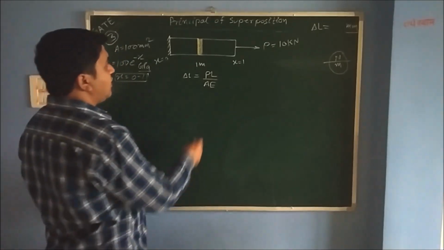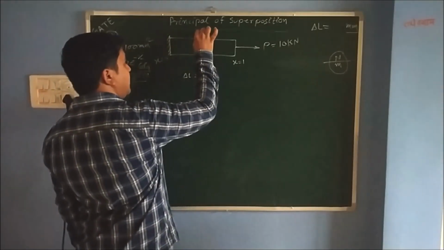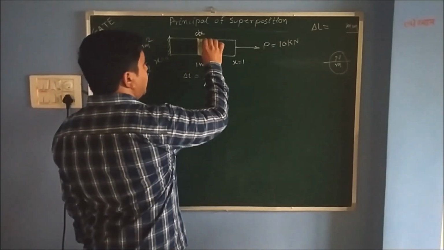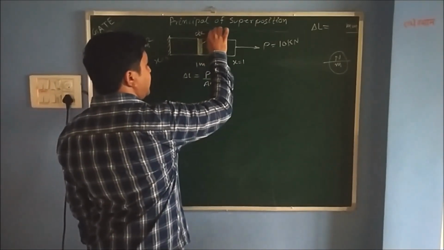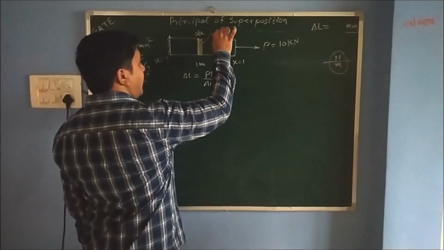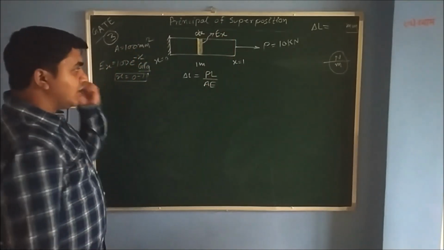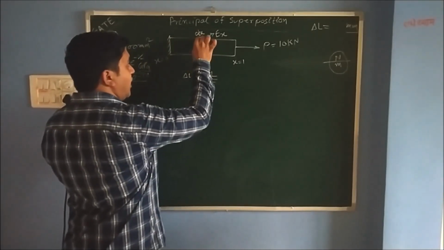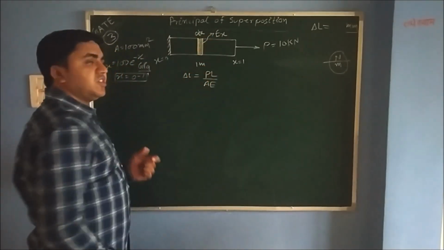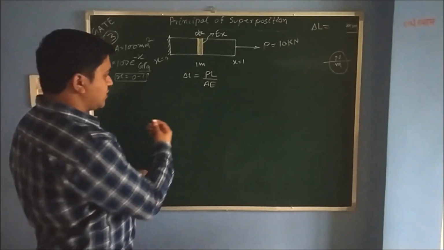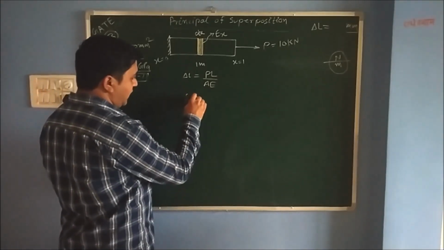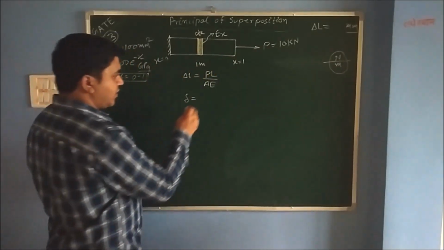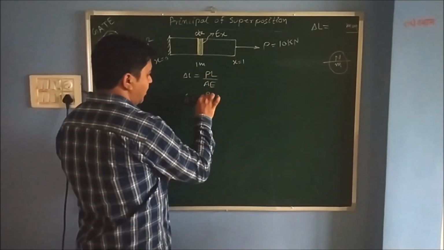So this section we have taken, and the length of the section we have taken as dx as the length of section. Okay, and on this section, the Young's modulus of elasticity is Ex. Okay, so for this particular section, जो हमने यहाँ पे small section लिया है, अगर आप इस small section के लिए change in length का वैल्यू निकालेंगे, तो क्या आएगा? So for small section delta, the value force P will be common for this section also. So the force P is common.